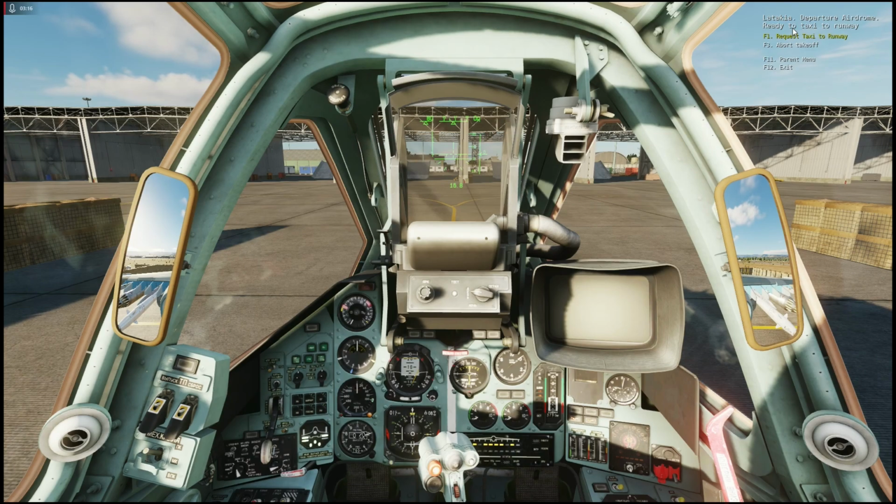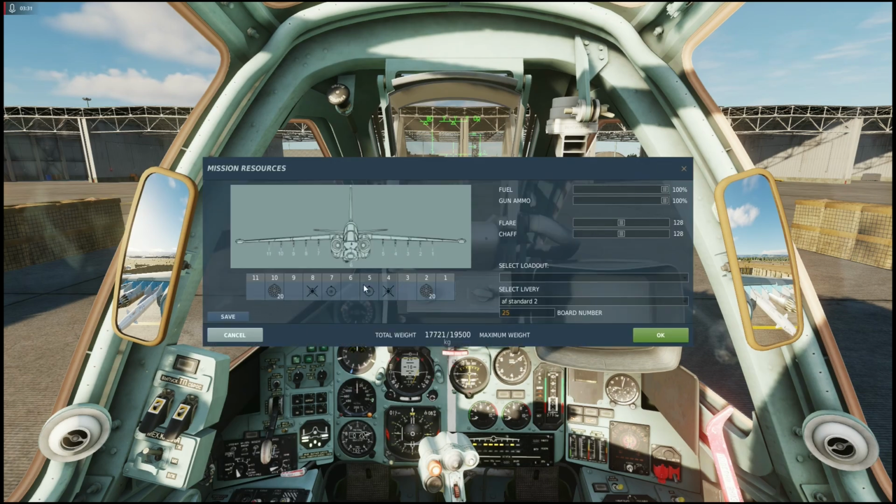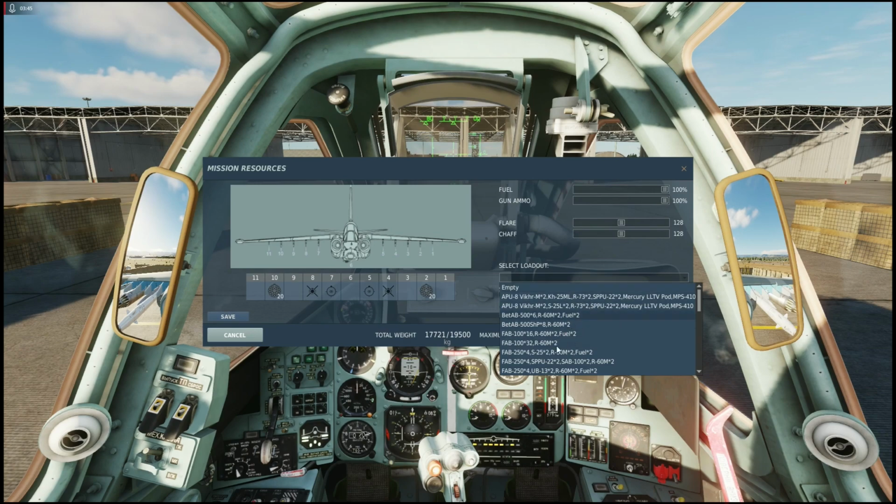And now we can actually turn on our engines, but we're going to wait and take a look at rearm and refuel. They are under the menu at ground crew, rearm and refuel. Here you can right click, pick all the weapons you want, and you can adjust your fuel load, gun ammo, chaff and flares, and the standard